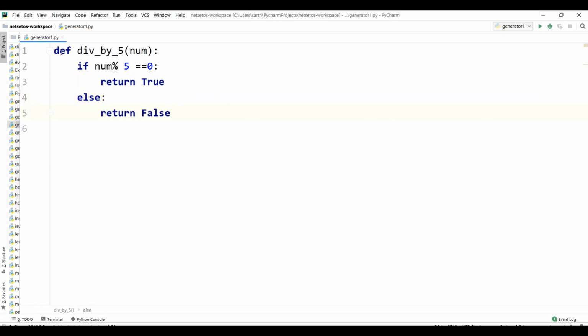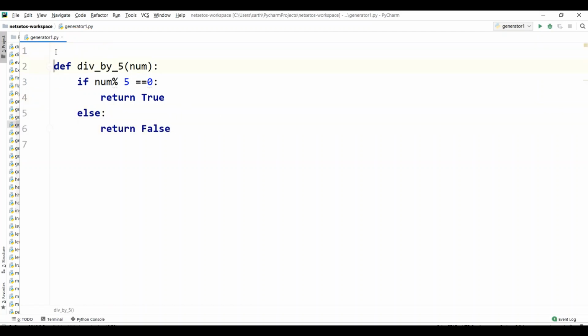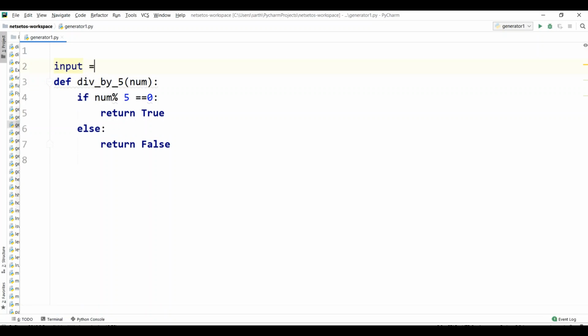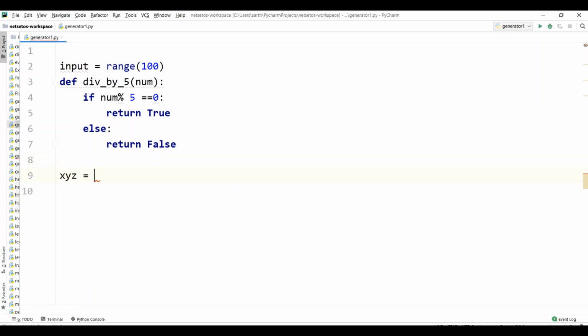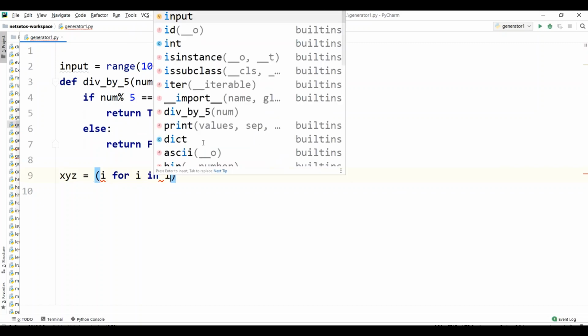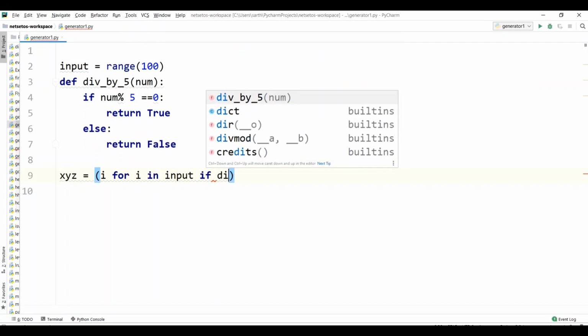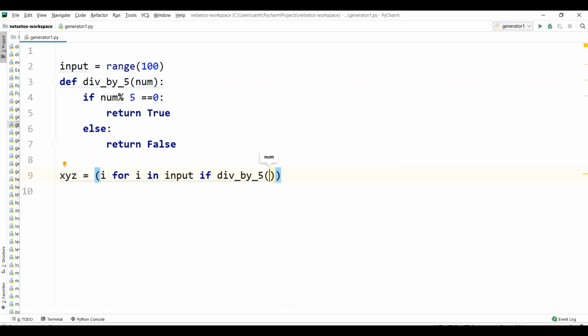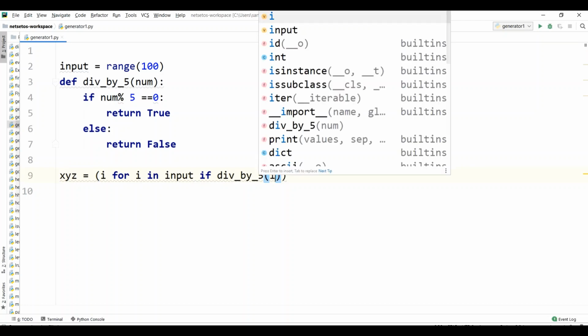With this I'll give our input which has the range of 100. Here I'll write xyz equal to i for i in input if div_by_5 has i.